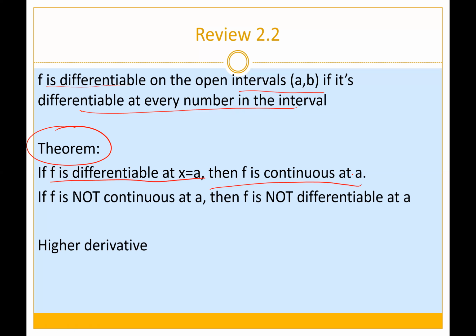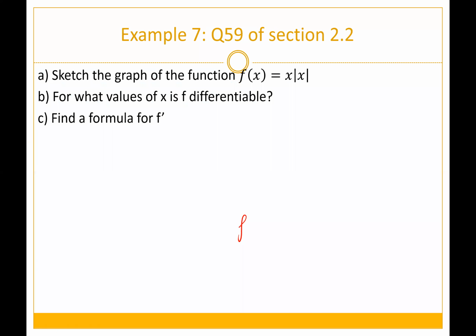But the reverse is not right. Not every continuous function is differentiable at every point. However, you can conclude that if f is not continuous at that point, then f is not differentiable, without further investigating